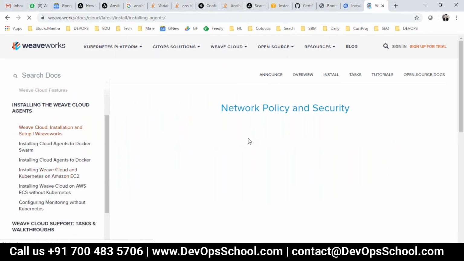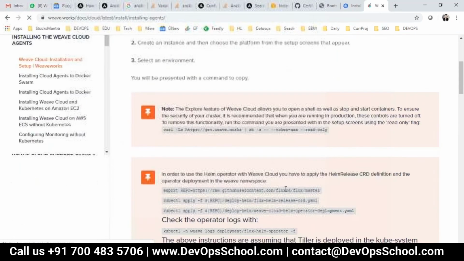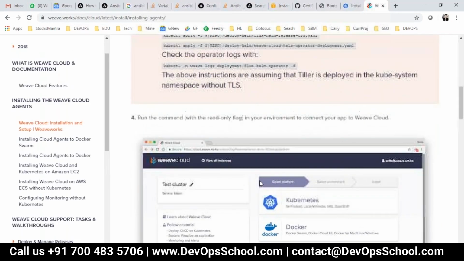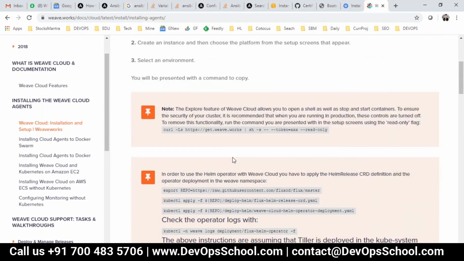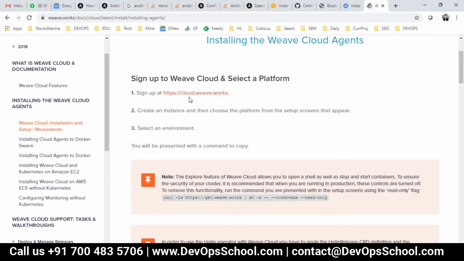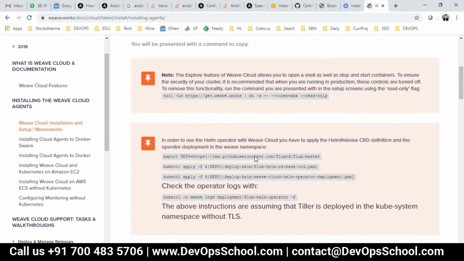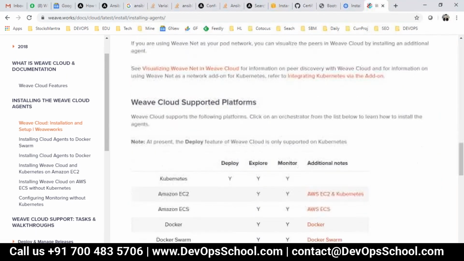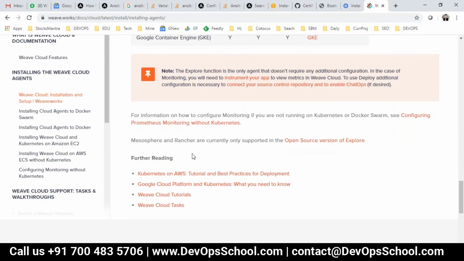Here I will check if I can easily get that file. It's asking me to log in, and I want to avoid it, but you can spend some time, log in and follow this.